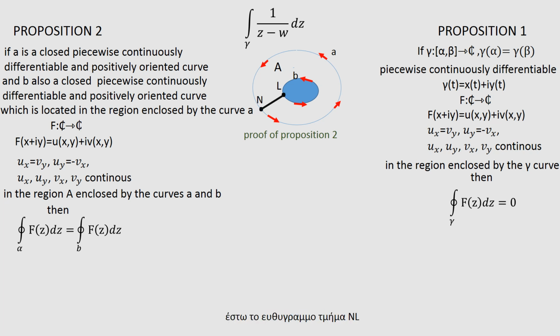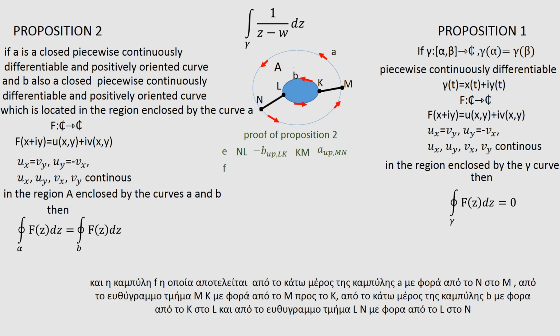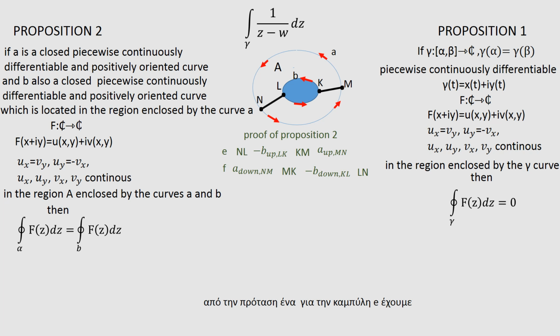Let the line segment NL and the line segment KM be drawn. So two closed curves are formed. The curve E, which consists of the line segment NL with direction from N to L, from the upper part of the curve B with direction from L to K, from the line segment KM with direction from K to M and from the upper part of the curve A with direction from M to N, and the curve F which consists of the lower part of the curve A with direction from N to M, from the line segment MK with direction from M to K, from the lower part of the curve B with direction from K to L and from the line segment LN with direction from L to N. From proposition 1 for the curve E we have